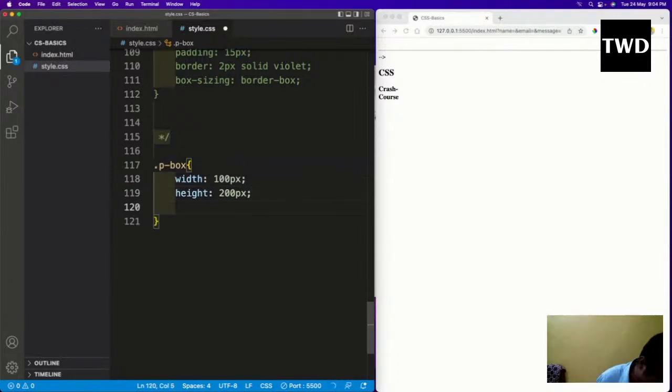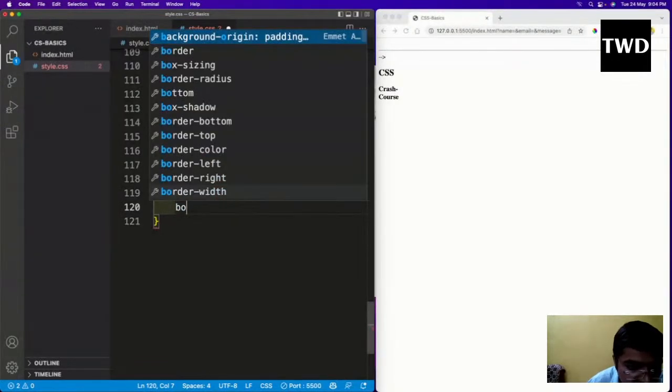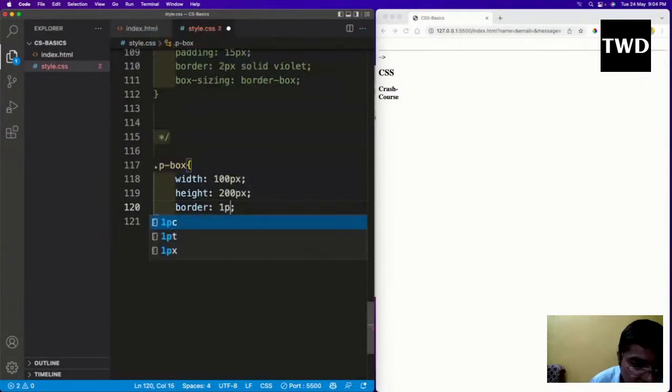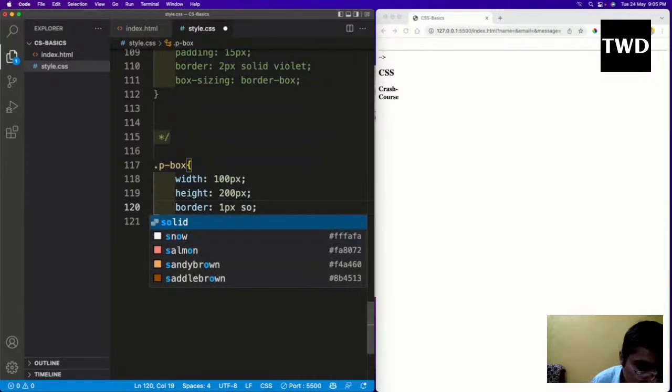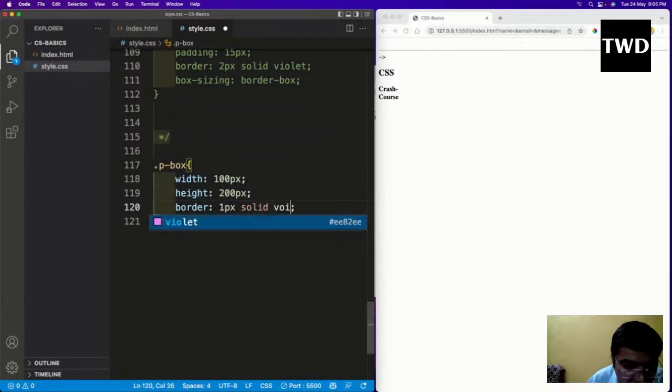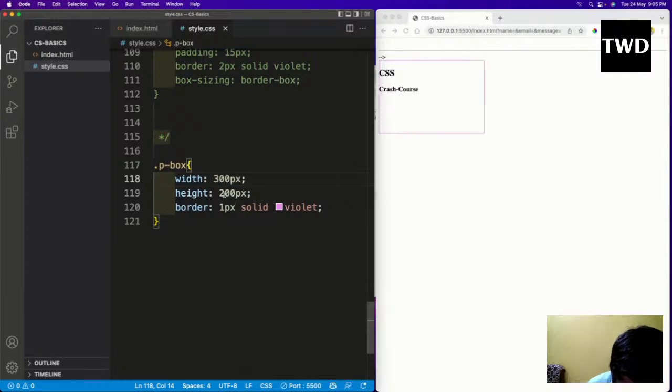Okay, after that we'll have a border of 1px solid with violet color. Let me change it to 300 and we'll change it to 1000. Oh, no, 1000 is very big, 800. Okay, fine, perfect. So saving it, and as you all can see,